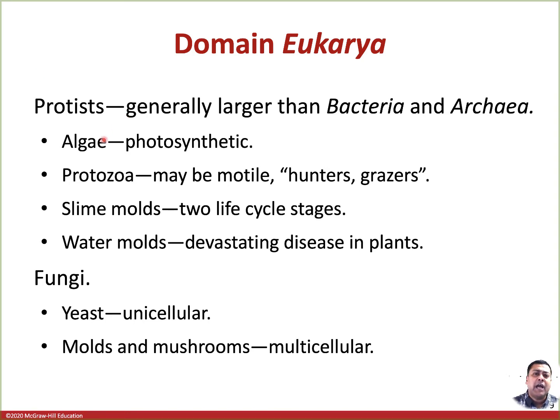So what are the different types? Algae that we can actually see are photosynthetic organisms, and if you look at a single-celled alga, they are microscopic, you cannot see them. But when there are numerous algae in a multicellular condition, you can actually visualize them. For example, if you're looking at some water in an aquarium, sometimes this water seems to be green, and why is it? Because there are some algal blooms in there, and these algae, you cannot see them individually with the naked eye because they're single cells, but the aggregation gives the green color, and from that you can tell that they are photosynthetic as well.